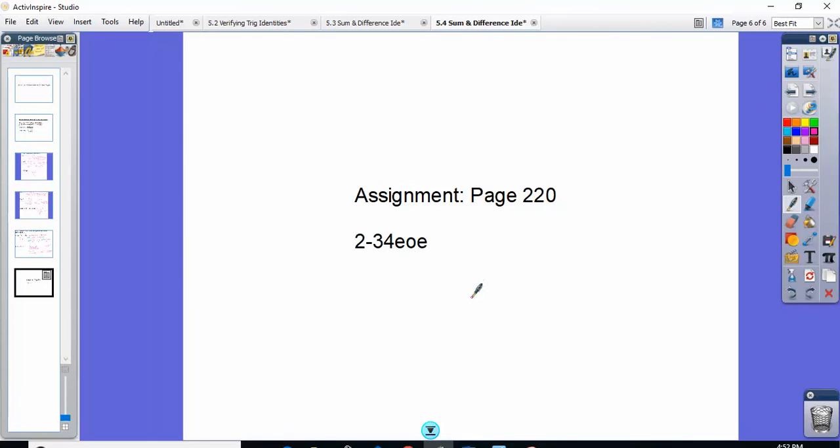This assignment, page 222 through 34, every other even. So it's like 9 problems again. Hopefully that's not taking you a tremendous amount of time. If you are spending a lot of time on this, then you're probably doing something